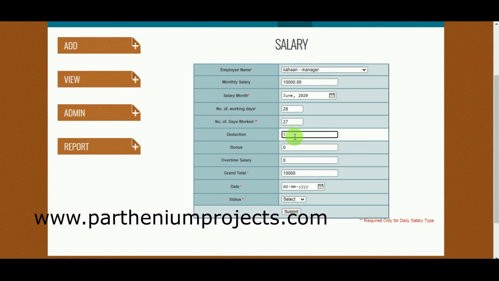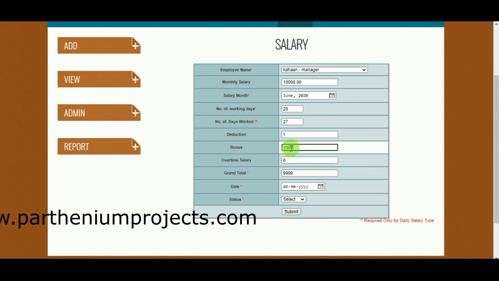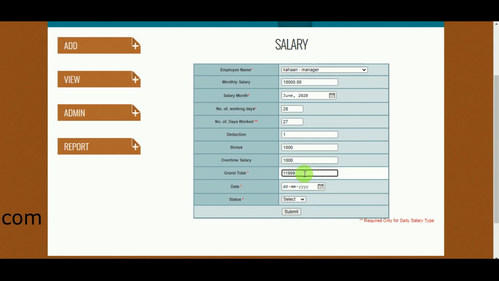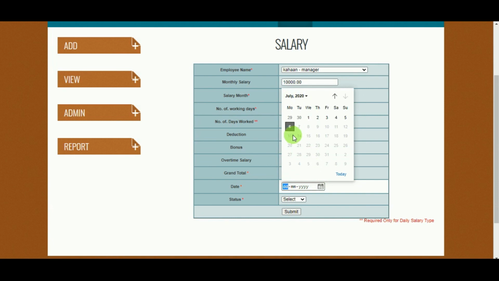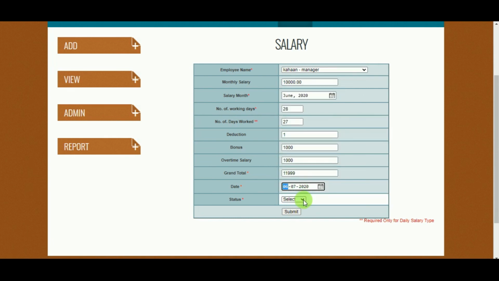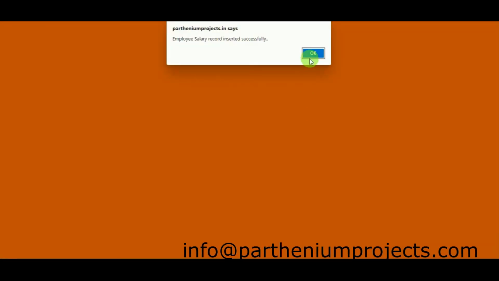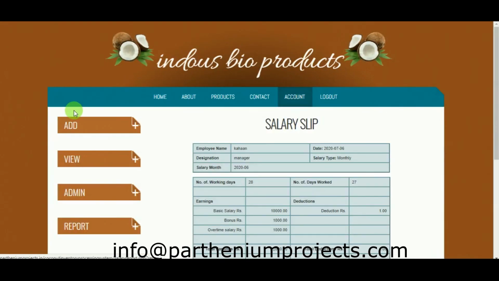Deduction 1, bonus 1000, overtime salary I'll give 1000, grand total is 11,999. Date, I'll give today's date, select as paid, or if you want to keep it pending, you can keep it as pending. I'll give paid and click on submit. The salary record is inserted successfully.